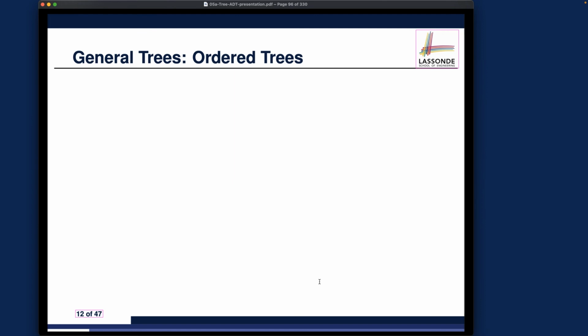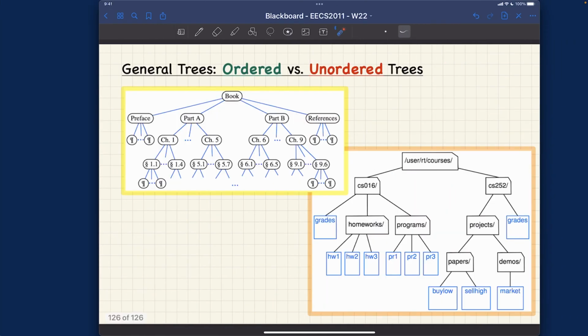Let's now talk about some applications of trees, and we have two over here. One is where the children are ordered, meaning that the ordering of the children of each node matters, and the other one is otherwise: the order of the children doesn't really matter. Let's take a look at two examples. We have ordered trees and also unordered trees. This one over here will be an ordered tree, because if you look at the children at any level, for example, these two children over here,